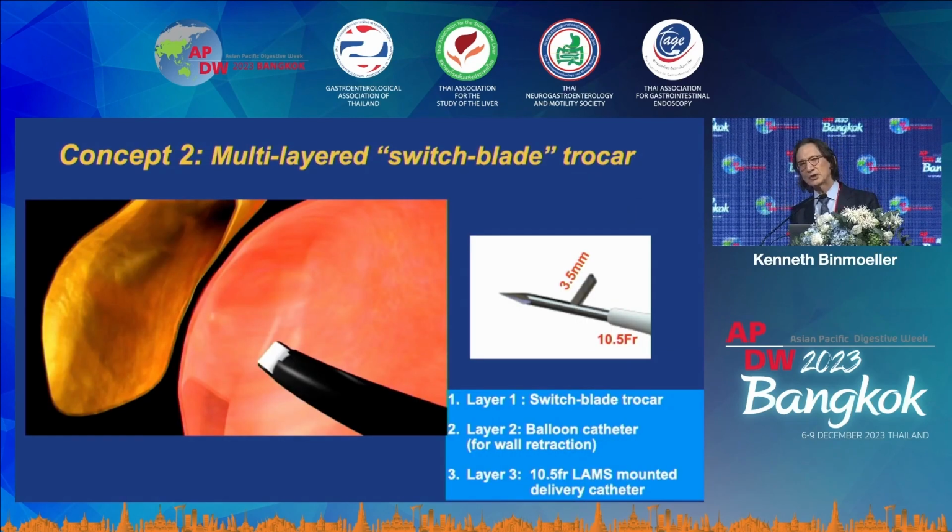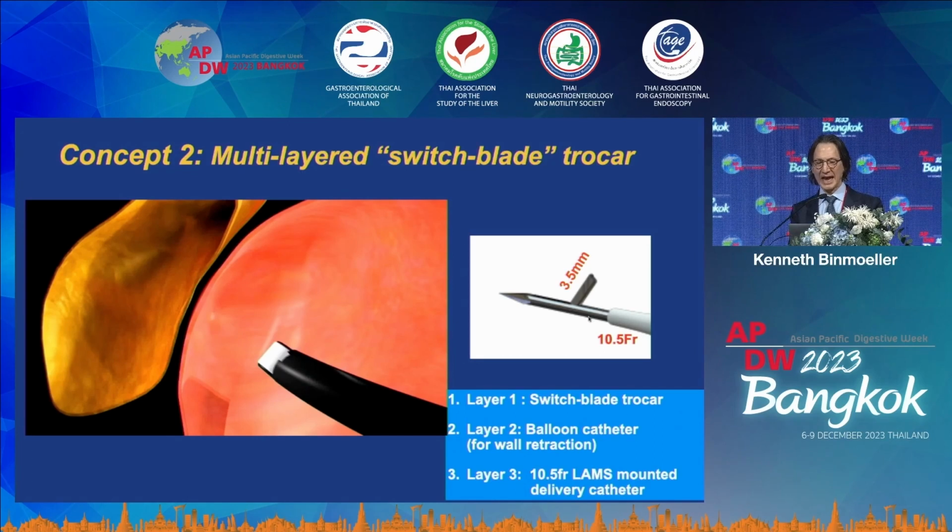Well, we did animal studies, and it really didn't work. So we had to go on to concept 2, which is a multi-layered switchblade trocar. Now remember, we're trying to avoid cautery because it is unforgiving, and we thought if you do have a leak, the hole is not going to close. So we came up with this trocar concept here. It opens up to 3.5 millimeters, large enough to allow us to easily pass a 10 French delivery catheter